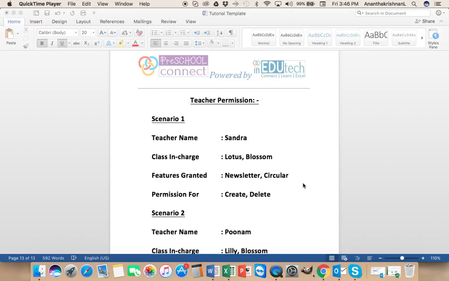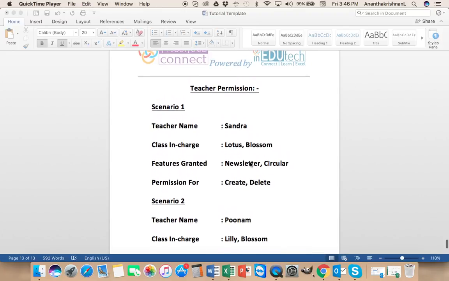Let's see about teacher permission. There are two scenarios that I am going to explain in this demo. One is you just have to create teacher permission for this staff, Sandra. She is in charge of Lotus and Blossom only. Of all the available classes, you want to grant access only for these two classes because she is in charge